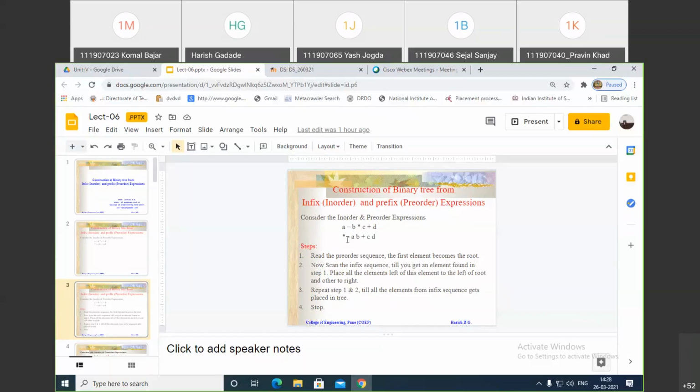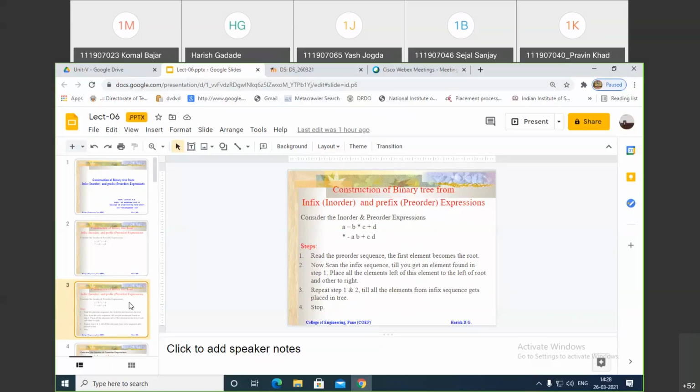So if this is the star, you search for that star in the infix expression. Whatever is to the left of the star will go into the left subtree, and whatever is to the right of this star will go into the right subtree. Repeat steps 1 and 2 till all elements from the infix sequence get placed in the tree, and then stop. I'll explain with an example.